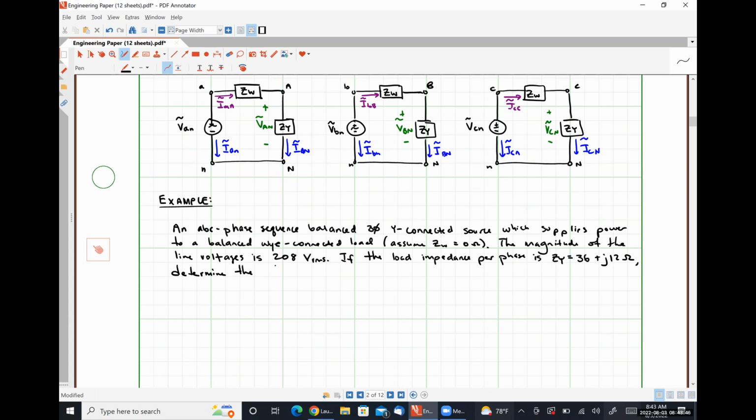Determine the line currents and phase voltages if theta AN is equal to